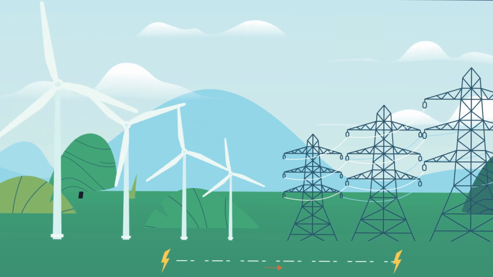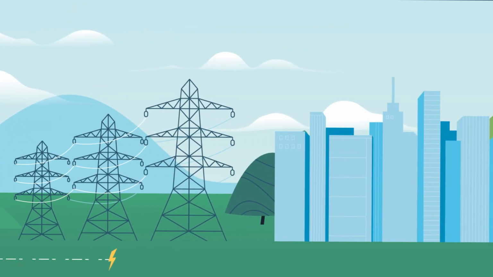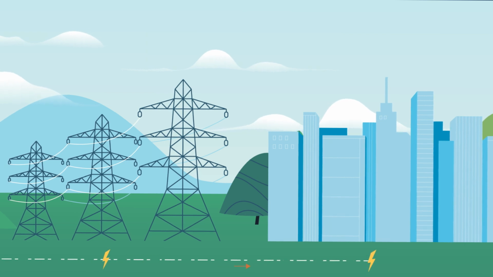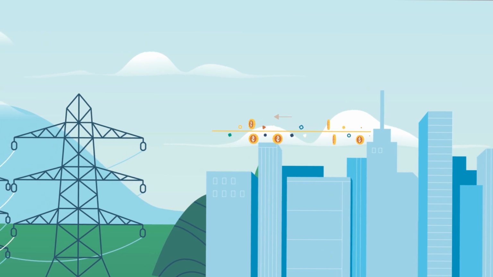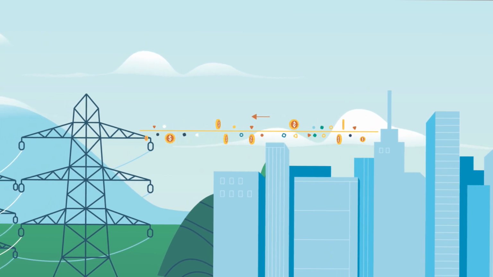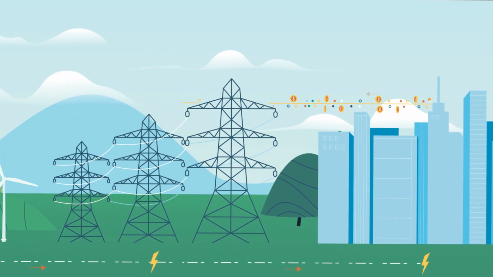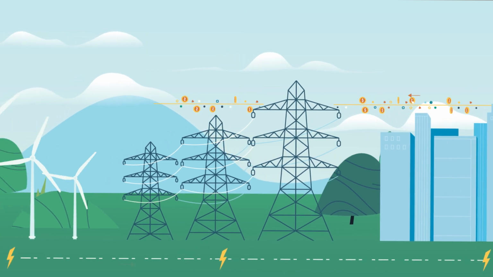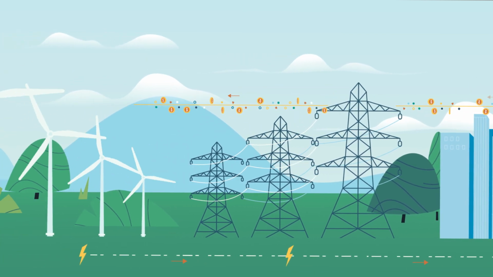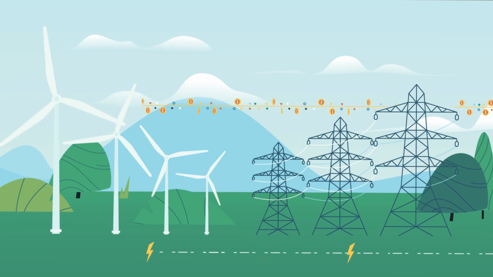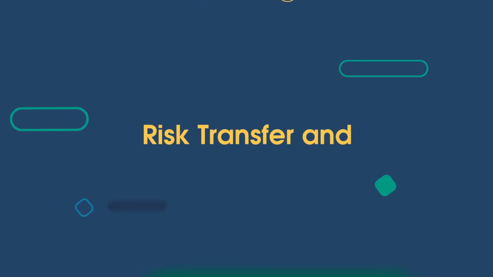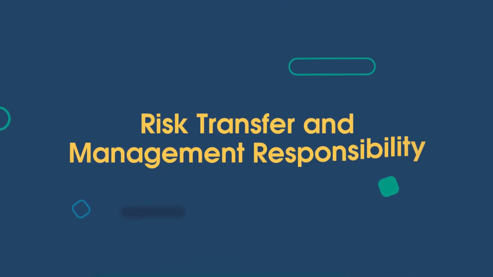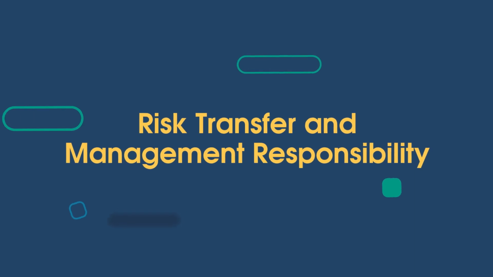While a PPP can provide a government with medium-term liquidity and flexibility, ultimately the investment must be paid back by the end user of the goods or services, or by the government itself. When considering a PPP, it is important to approach the agreement as a long-term partnership between the private and public sectors. The defining characteristics of a PPP are risk transfer and management responsibility, and how each is allocated between the